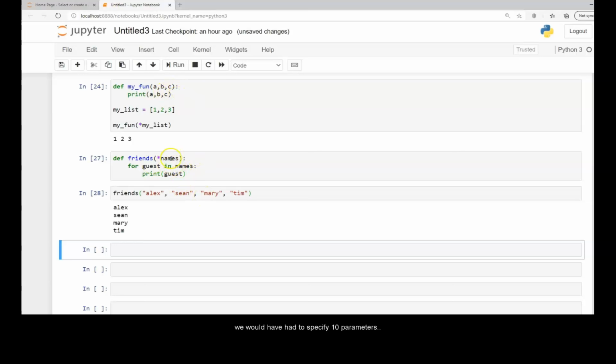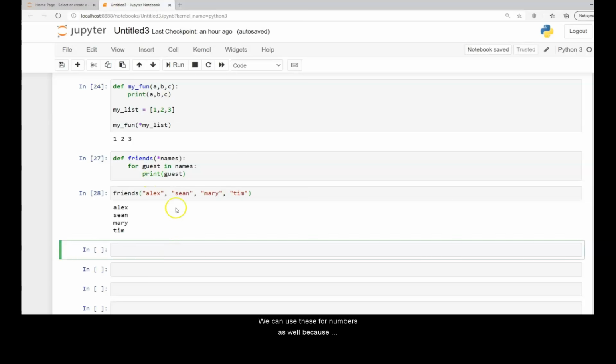But now by packing, essentially what Python is doing is this: any value that is entered into this function is saved in a tuple. And then this asterisk, you can think of it as kind of separating each of the values. And then the while loop goes, the first name is Alex. It saves, again, it saves inside guest, it prints it out, it loops around, it says another name, Sean, it prints it out, it loops around, it's Mary, it saves inside guest, and then it prints out guest, and it goes on till it prints out all of the values or all of the arguments that are entered into this